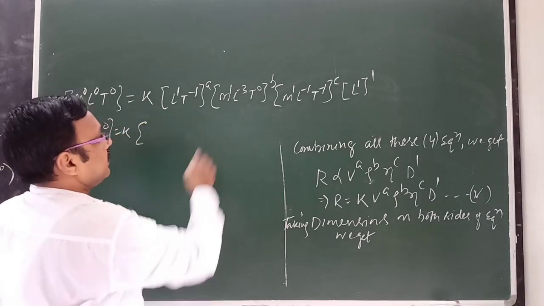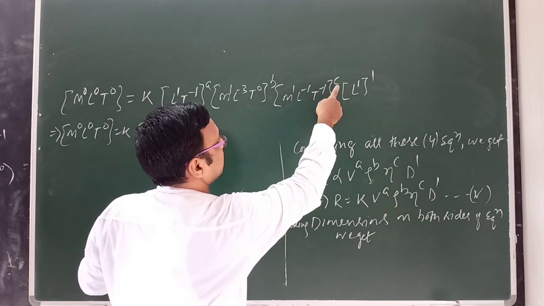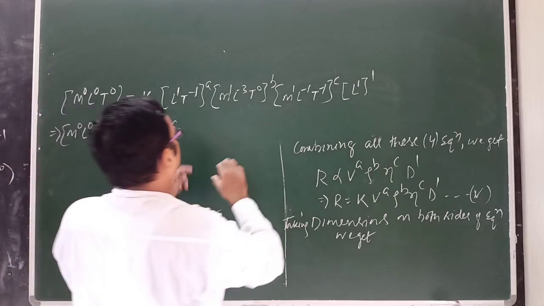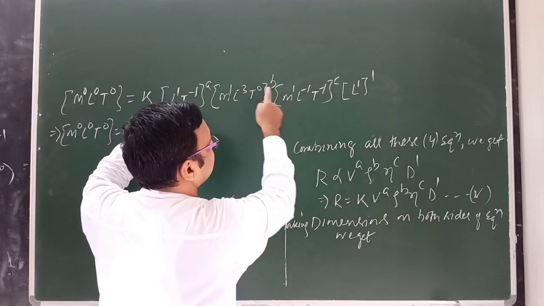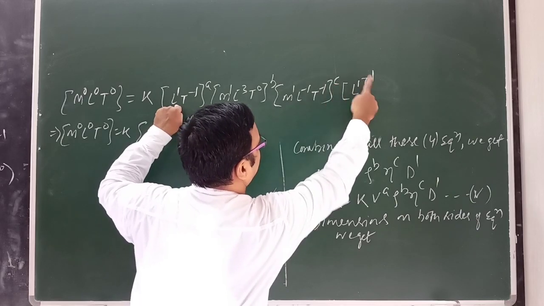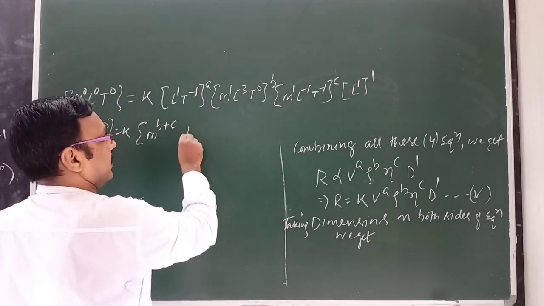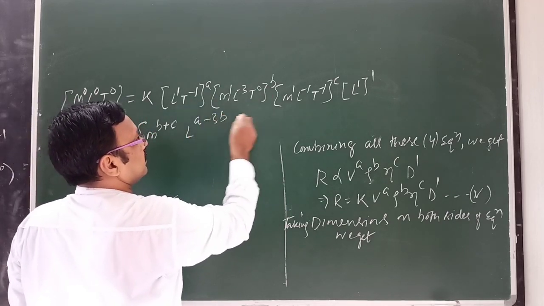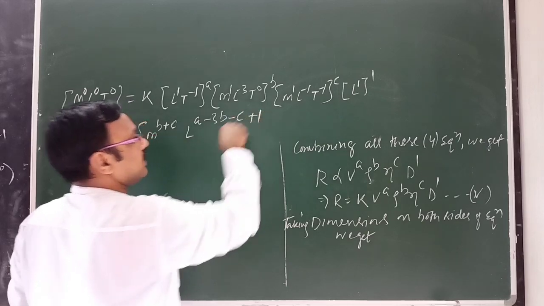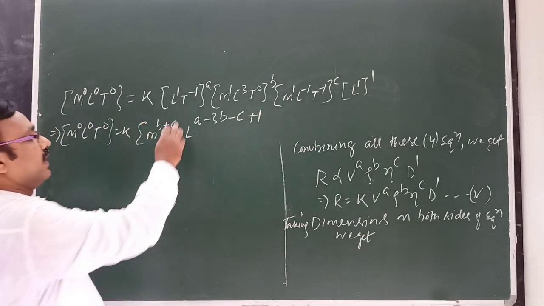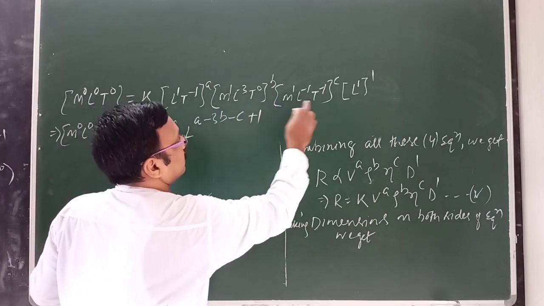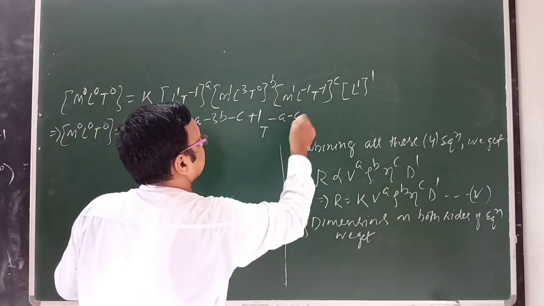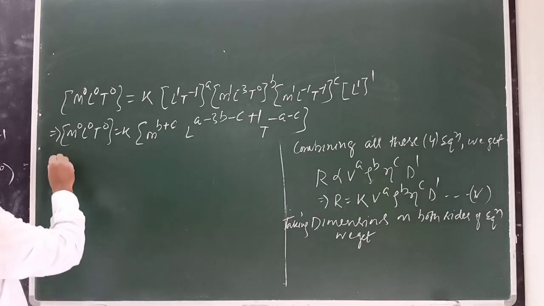You see, here M to the power B, here M to the power C. So we can write here M to the power B plus C. L to power A, L to power minus 3B, L to power minus C, L to power 1. So how much it is? You can write it to be L to power A minus 3B minus C plus 1. And T to power minus A, here it is 0, here it is plus C. So we can write T to power minus A minus C here. Now comparing both sides of the equation,